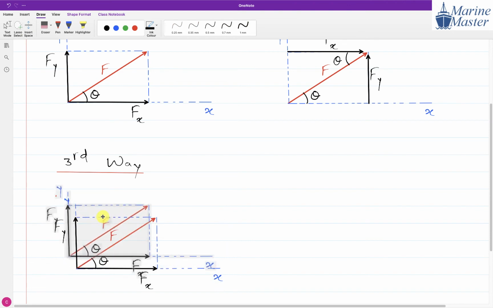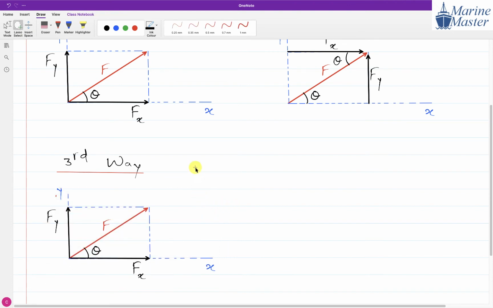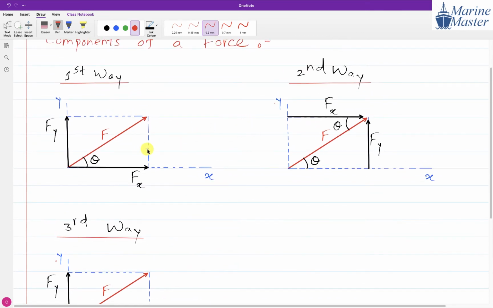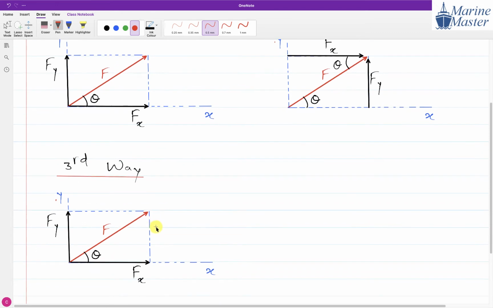Now here observe the things carefully. Now the third way will be what? A triangle way. So the first and second way are what? Rectangular way. And the third way will now be the triangle way. Now we will keep Fx in its position only. But what are we going to do? We are going to shift what? This Fy. We are going to shift this Fy from this location to what?